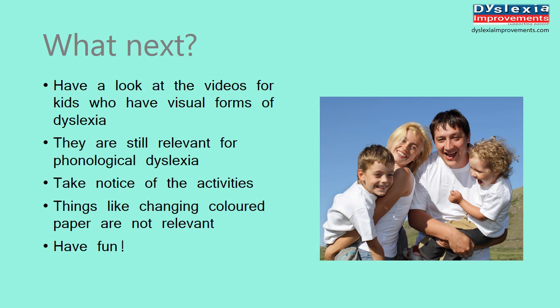So let's say that your child has phonological dyslexia and you want to know how to help your child to read well if they have phonological dyslexia. Now, there's some really key things you need to know, and